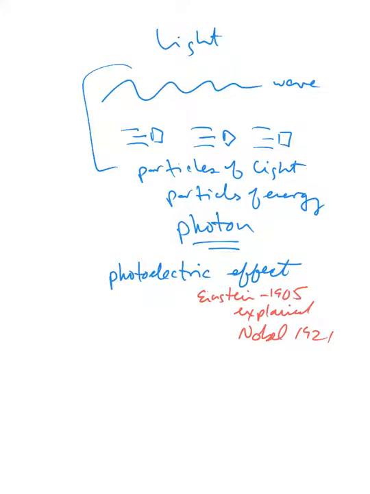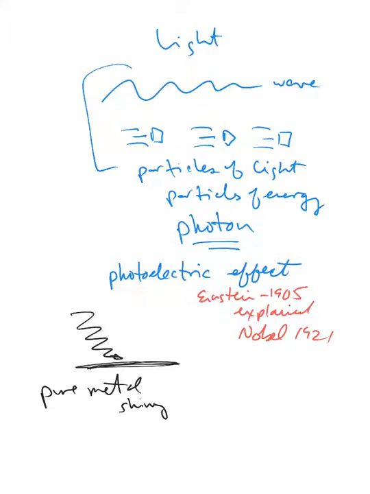Here's the experiment. The experiment is really pretty easy to describe. Imagine you have a piece of metal, something really shiny, so it's pure metal. What the photoelectric effect is about is that if you have photons of light